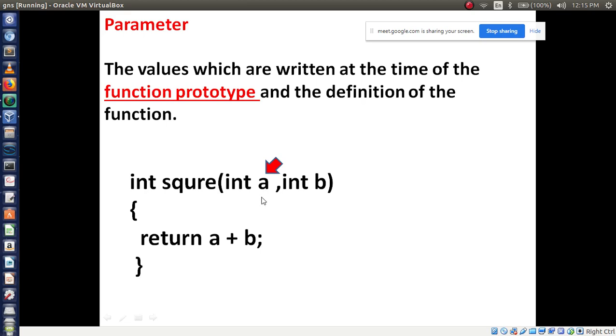Suppose a is 10 and b is 10, so 10 plus 10 is 20. Return 20, and the result returned to this function is 20. So int a comma int b we can call parameters. Understood this concept?